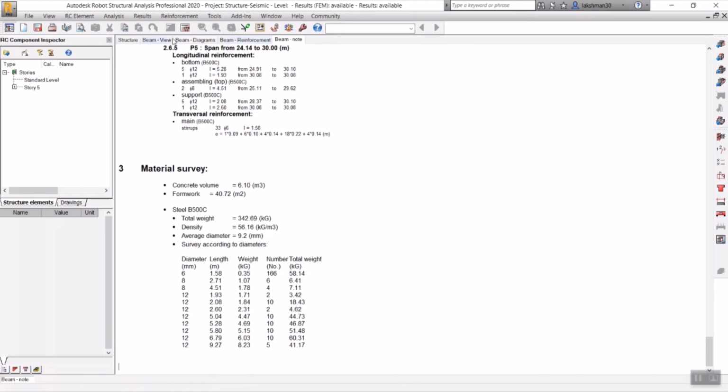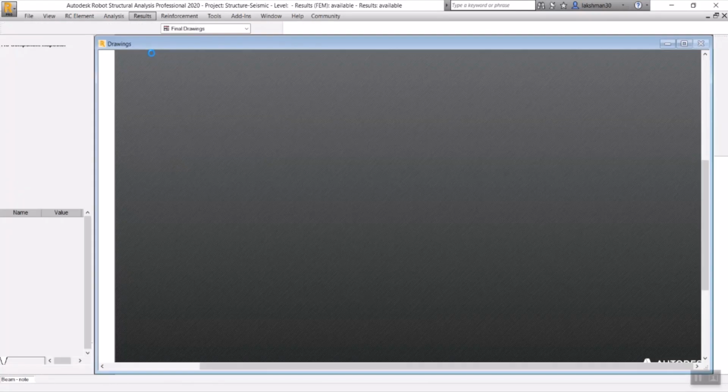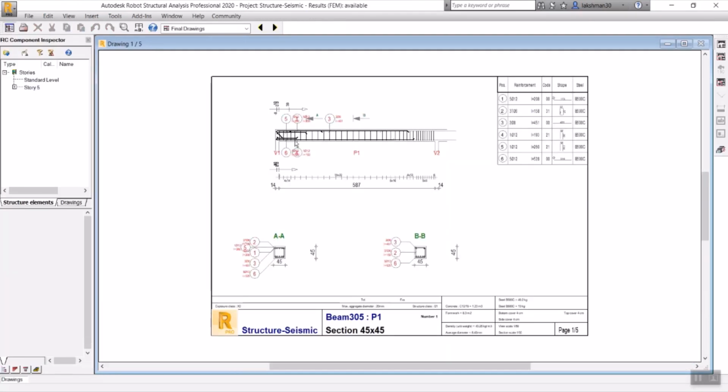Like if you want it to be in a drawing manner, if you want to take it to AutoCAD or something like that, yes, we can do that also. Here we'll have drawings, like the cross sections and the plan of the beams, with the reinforced bars set in a layout. You can edit the layouts and export it as an AutoCAD file, and you can open it in your AutoCAD and make edits also. Good option, right? Yes. Okay.